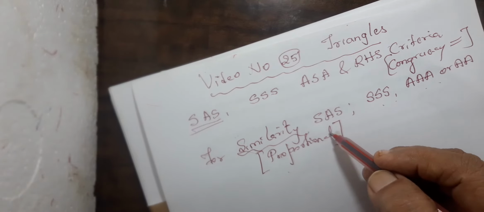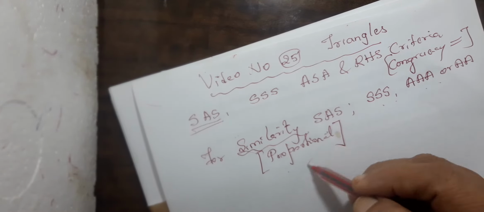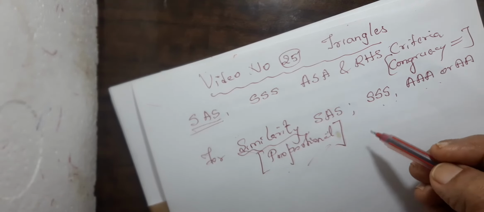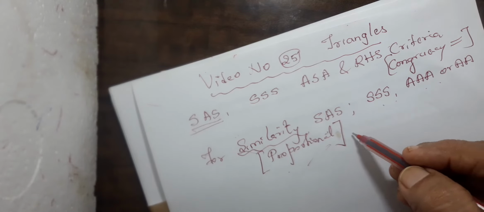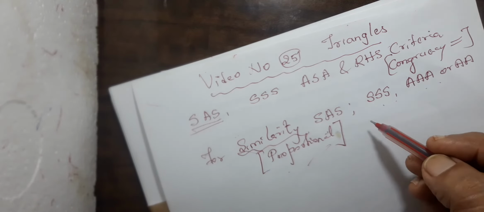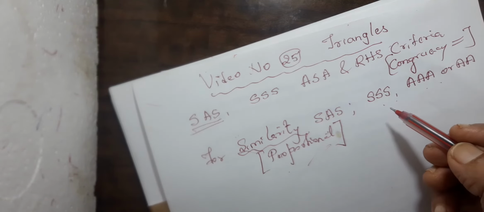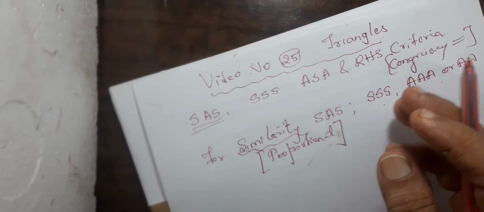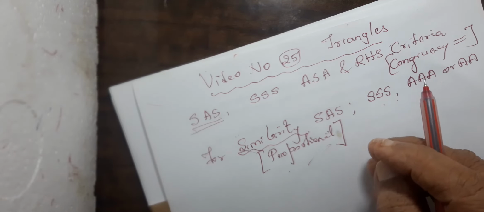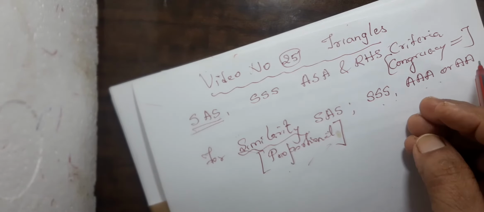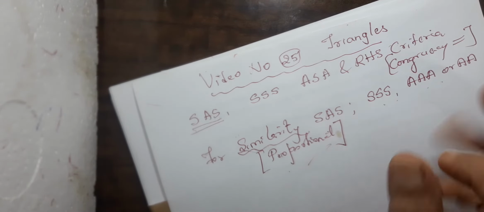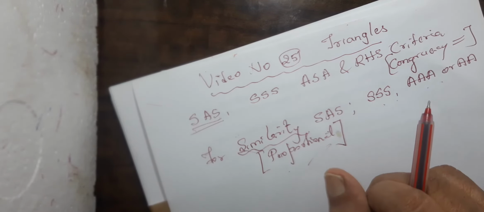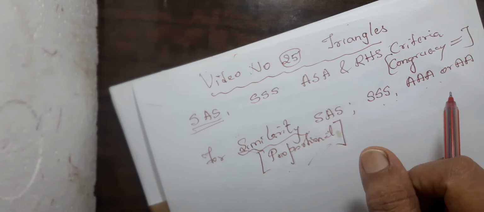Okay, children. This year 30% portion is dropped or deleted. We were telling you right from the beginning. For that reason, the SAS theorem and SSS theorem are deleted. These two theorems are deleted. But we are doing one exercise where you have to find whether the two triangles are similar or not, by using these criteria. Whether they are similar by AAA or AA, or SAS, does it hold good?